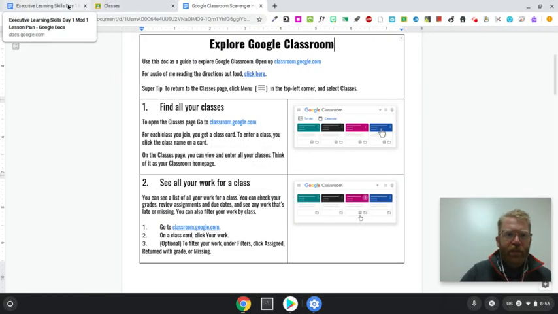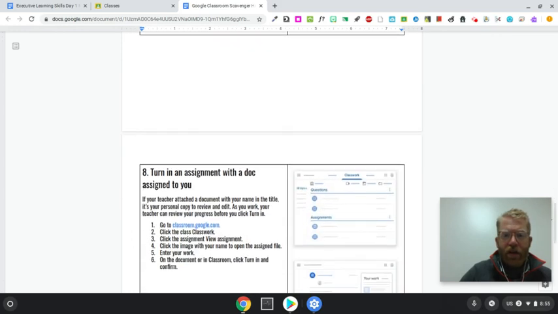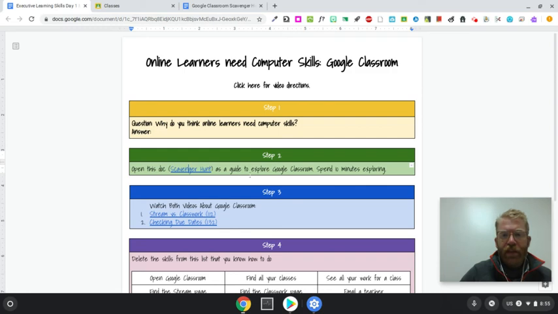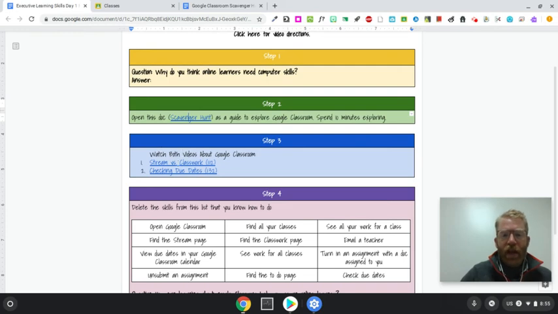navigate between 2 tabs. There are 9 steps to this scavenger hunt. You are not expected to get them all done. Spend about 10 minutes exploring. After that, you can move on to step 3. In step 3, I'm going to ask you to watch 2 different videos on YouTube. The first talks about the difference between what the stream is and what the classwork page is. It's about 1 minute and 12 seconds long. The second is how to check for due dates in Google Classroom, and it's about 1 minute and 32 seconds